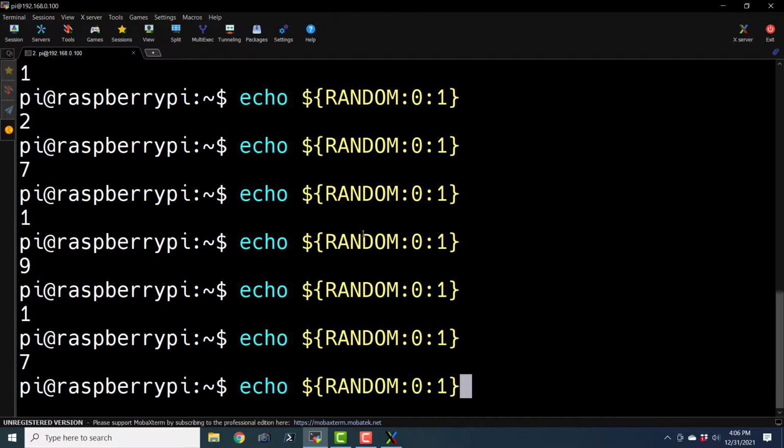Here we can see various random numbers, and these are all 1-digit random numbers. Now if I want to make it 2-digit or 3-digit, then I can just say 3. So it is going to print 3-digit random numbers like this.